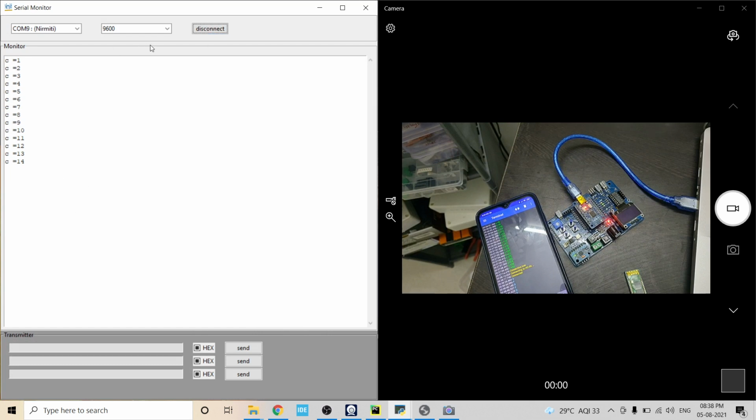Yeah, it is now connected with the Nirmiti board, and we will send O or F. Now we are sending O. Send O. You can see the LED is on, and now sending F. You can see the LED is turned off, on, off, on, and off.